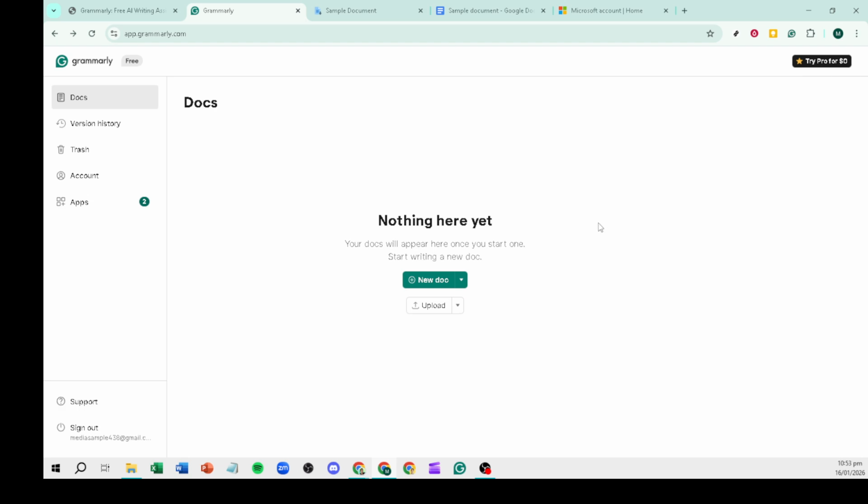Once you're in, you'll be taken to the Grammarly app dashboard. Create a new document so we have a clean space to work. Now switch over to a reliable article online that you want to reference. Keep that page open, you'll need it shortly. A quick tip here, choose reputable sources and double check dates and authors since accurate metadata makes citations cleaner and